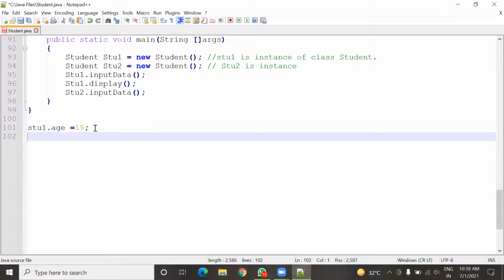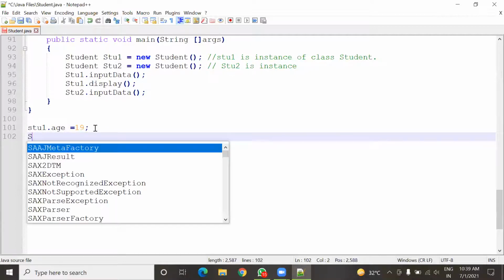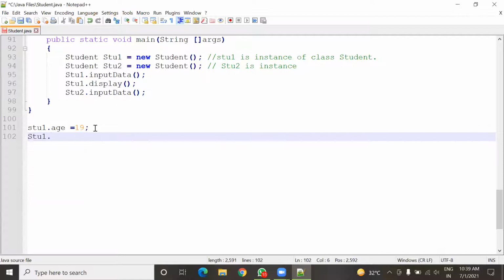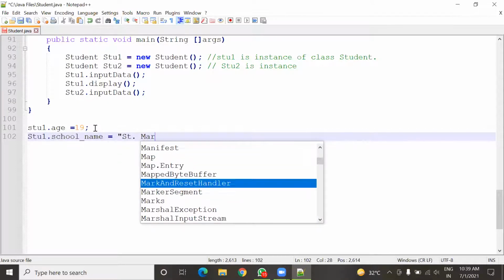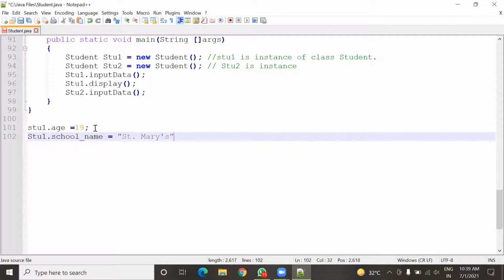But if I write stu1 dot school name equals, like this, then it will show an error, because the school name variable is now a static type. So any static variable or method cannot be accessed using the object.